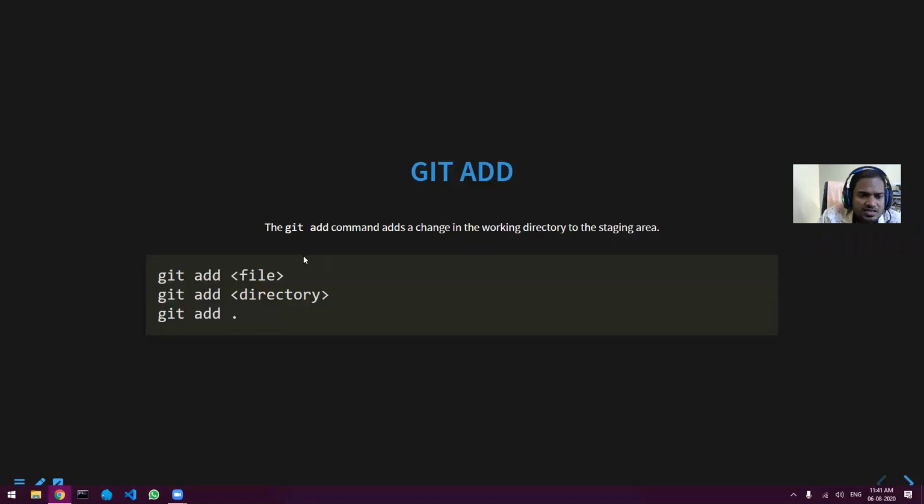These are the following syntax. If you want to add a single file, then it is git add and the file name. If you want to add the entire directory, it is git add and the name of the directory. If you want to add everything, then you just add a dot. 99% of the times you will be using git add.